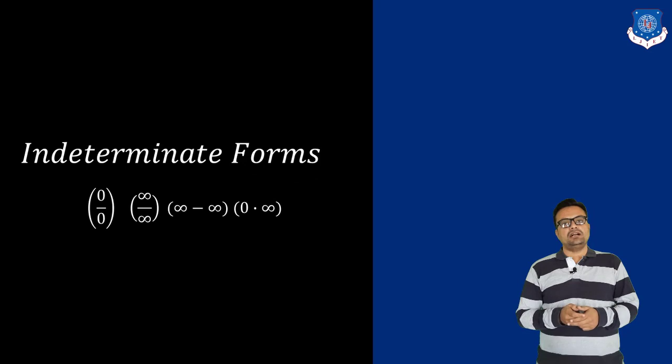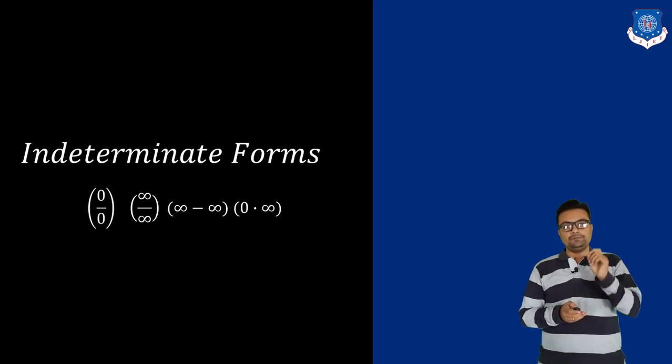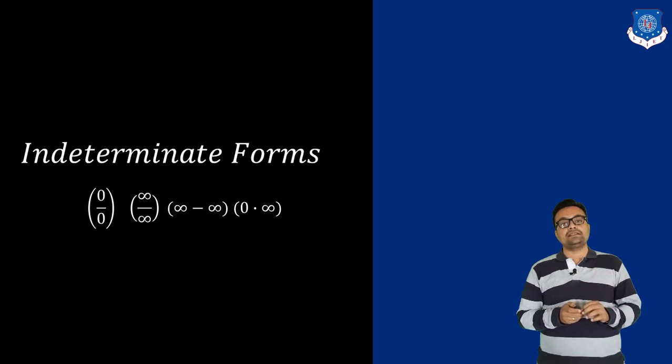First of all, I want to discuss this type of indeterminate forms. These are the first type of indeterminate forms, namely 0 by 0, infinity by infinity, infinity minus infinity, 0 into infinity. Now, what is the meaning of these symbols? If you look carefully, whenever you apply limit x tending to 0 to sin x upon x, it gives you the answer 0 by 0. So this is the situation of the function after applying the limit.